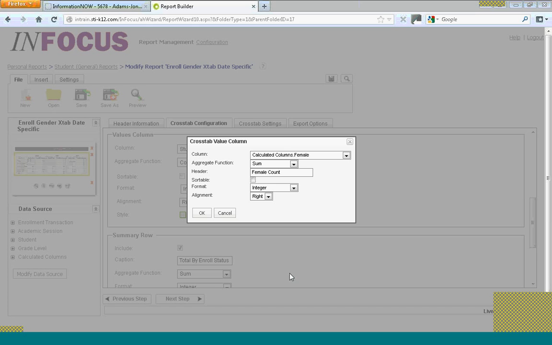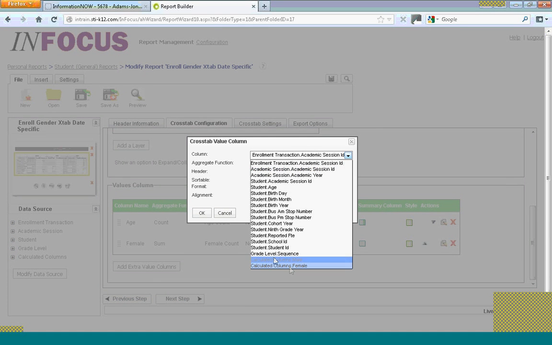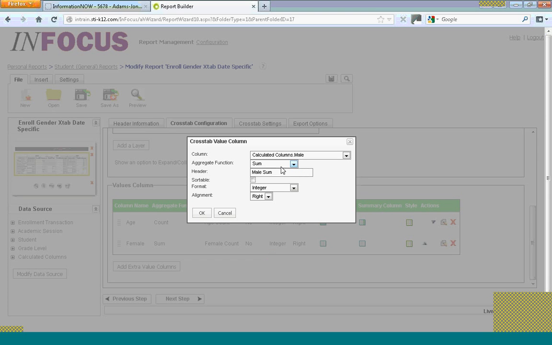It's an integer and I want it to the right. Click on OK. And now I have my female sum, which we call female count. You can call it sum of females, whatever you want, but I feel like that's really what we're saying here anyhow. We're counting them up. The person that runs this doesn't care that we had to count them up by turning female into the number 1. And the next extra value column, male, it's a sum, male count,